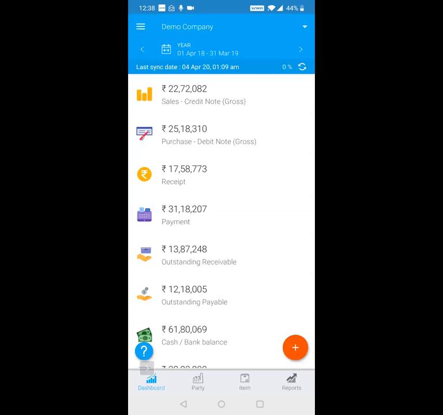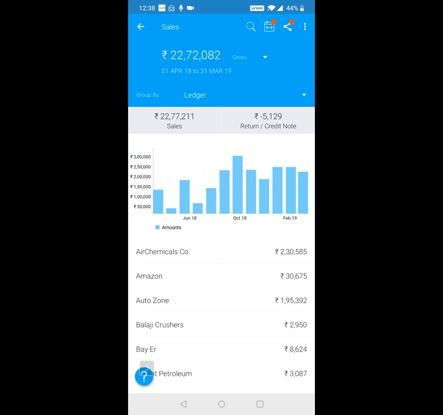Okay. Now within sales, what we give you is three numbers. The first you should look at is your total sales, which is in gray color, 22,77,211 rupees. So that's your total gross sales. Your total credit note is 5,129 in my demo company, and the difference of it is 22,72,000. Okay. What we saw is that a lot of customers are looking at their gross sales in the sales register, but they ignore the total credit note amount. So that's why we are showing you both, because it's important to see your sales minus credit note.